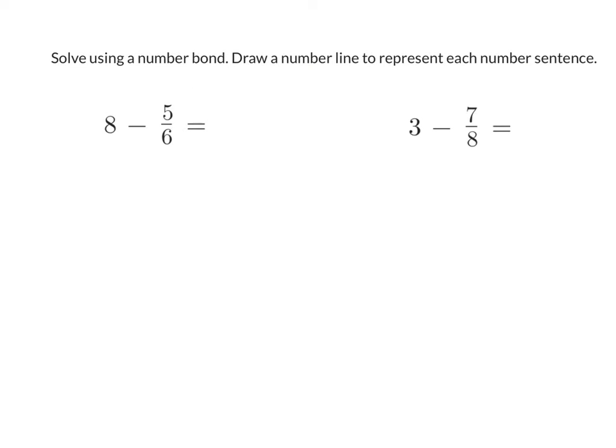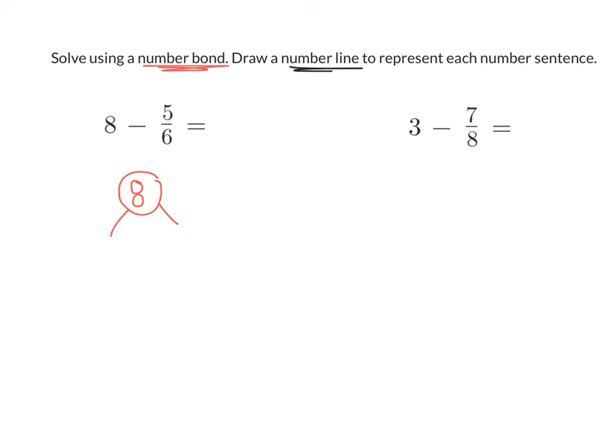Now it tells us to solve using a number bond. Okay, and then we have to also draw a number line. So basically we're using a number bond and a number line to show each problem. Our first question is 8 minus 5/6. Okay, so if we have 8 altogether,